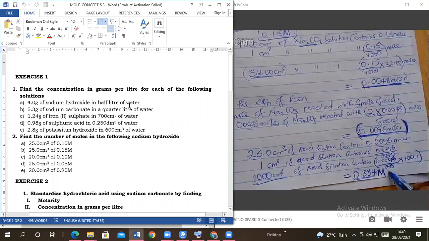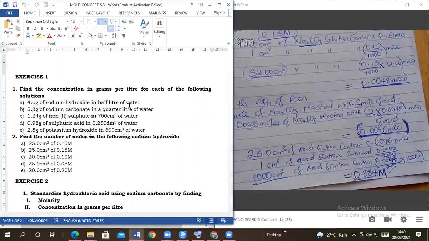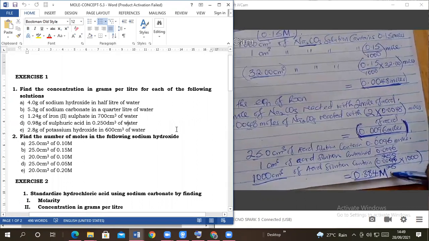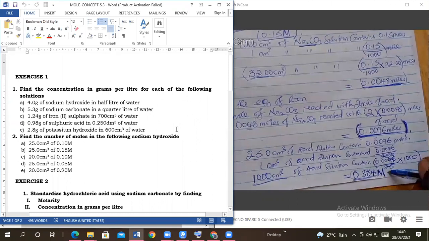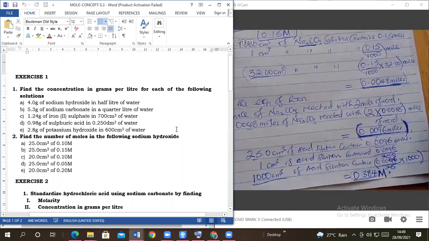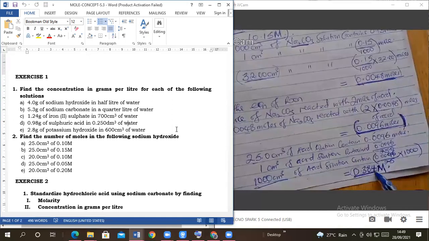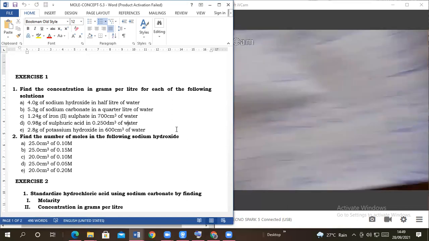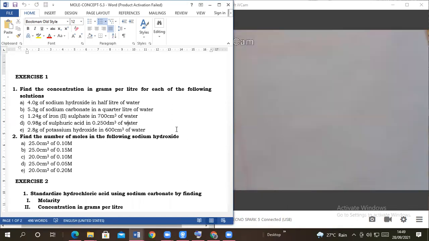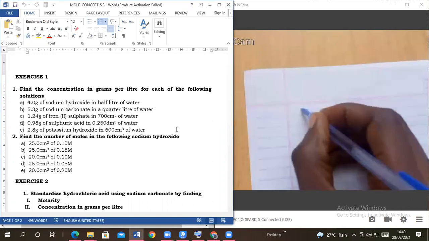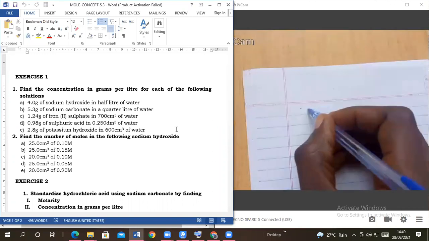How do you convert these moles to grams? They want the number of grams that this molarity has. So you go back to our first relationship we had, for you to find the molarity,